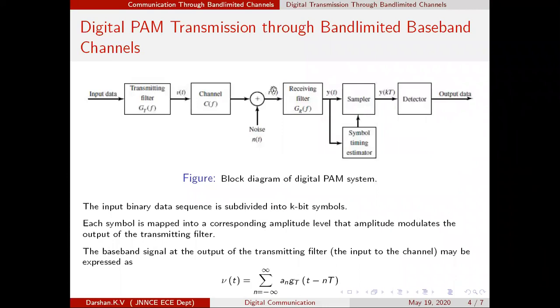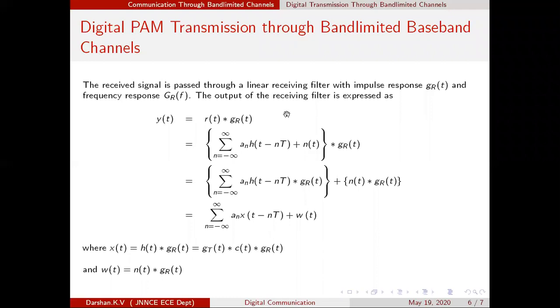Whatever the received signal is, it is the transmitted signal plus the corrupting noise. That would be passed through the receiving filter. And yesterday I told you this receiving filter contains a matched filter. So here the receiver employs what type of filter? You have a matched filter. Whenever a matched filter comes, obviously it should be followed by the sampler. Then only you can get what has been transmitted. That we will see. So we are here, r of t, and we'll continue.